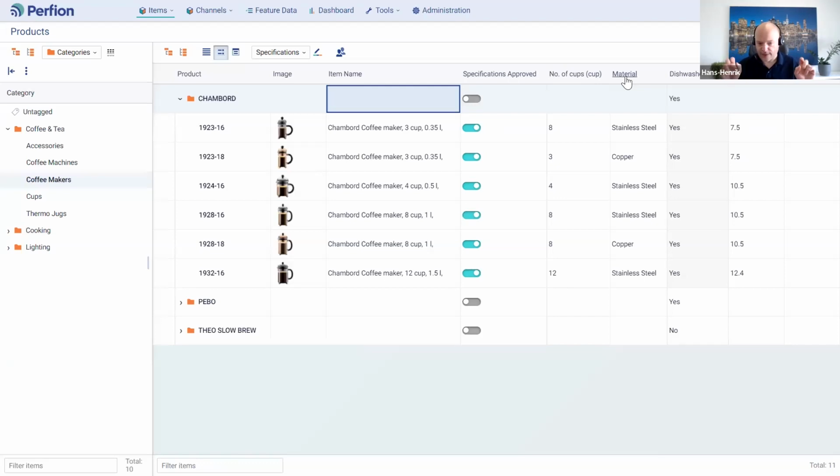I mean, not translate the value as such, but it can say, well, what Perfion considers as German is this language in Umbraco, and this language in Shopify, and this language in eTIM or whatever channel it would be. So I would say the cheeky answer would be yes, because we support any language variants, but I have a hunch that the answer is not that simple. But initially, I would say yes, of course we do.